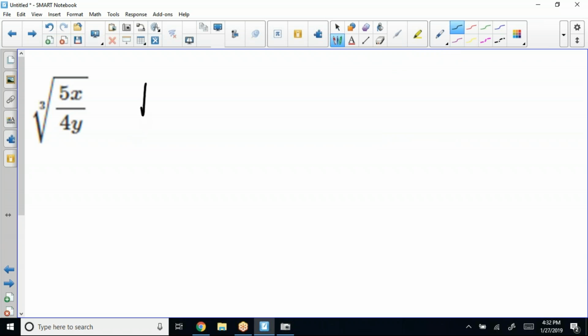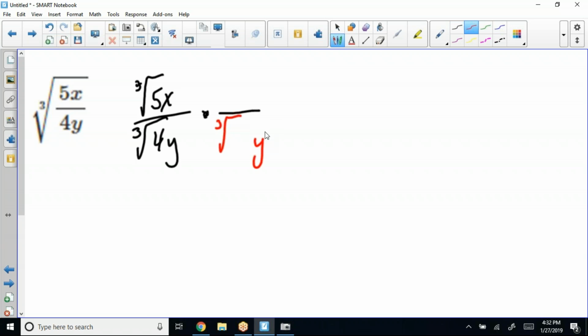I need the cube root of 5x over the cube root of 4y. Now, what I need to rationalize it by, I know it's got to be a y squared, because if I got one here,